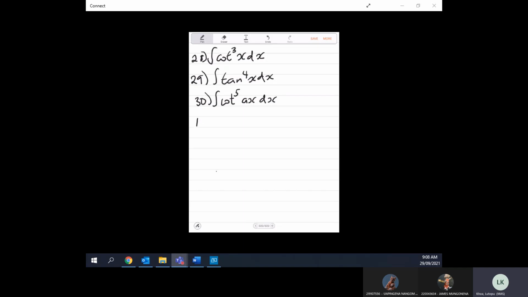And I think number 19 as well, you should be able to figure that out. Cos this 2x over